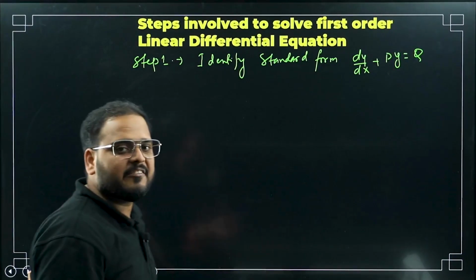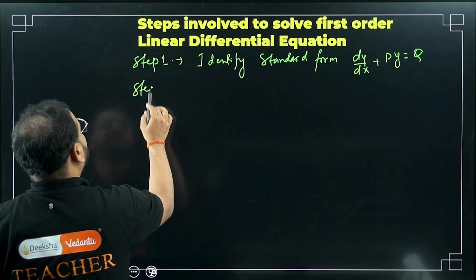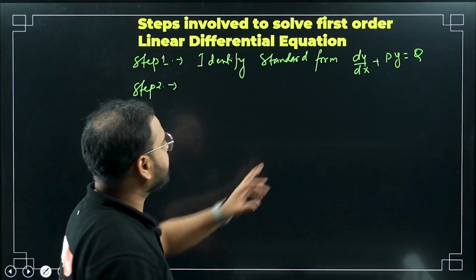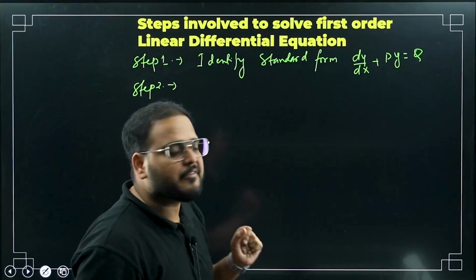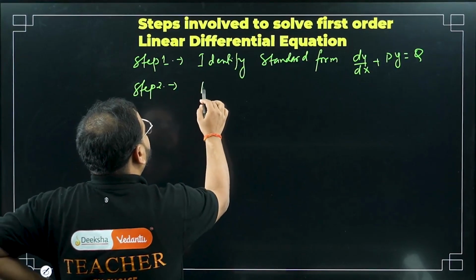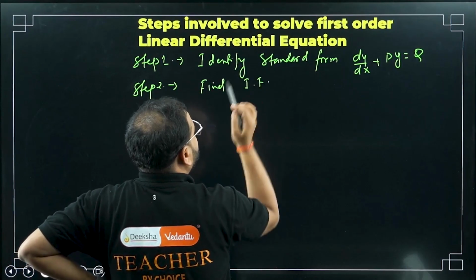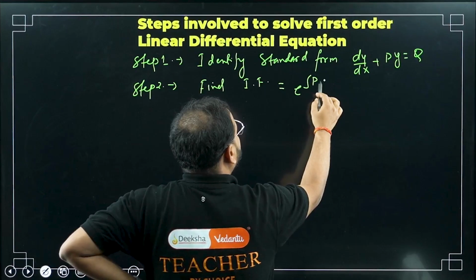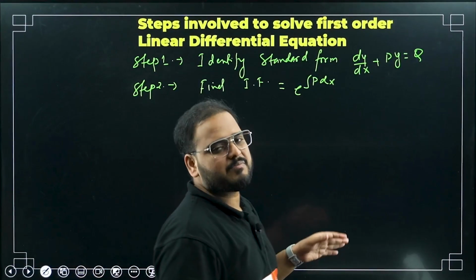Once it is identified, what is the next step? Tell me, bacha. To find the integrating factor. Very simple, right? So p will be in terms of what? P will be in terms of the independent variable. So do this: find the integrating factor. And what is that? E power integral of p dx. Px or dx also we can write. This p dx is also the same thing. Once you find this,